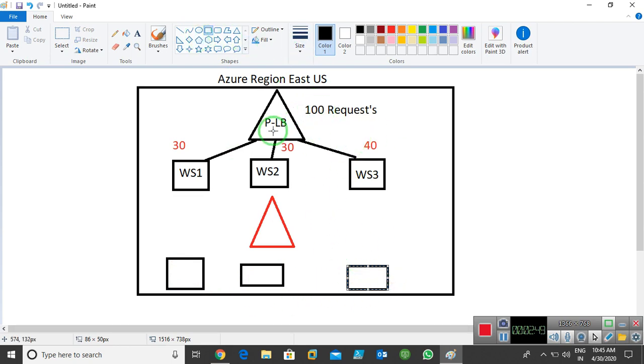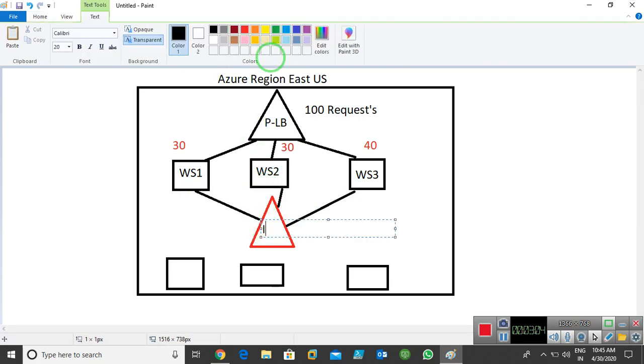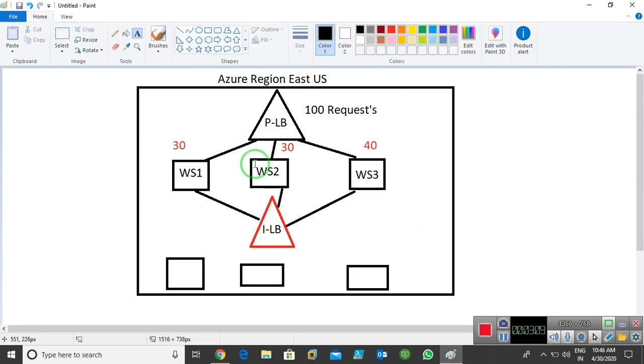First it goes to the public load balancer. The public load balancer divides these queries to the servers. Now all servers send these queries to my internal load balancer. Now this load balancer again divides these queries to my SQL servers equally.